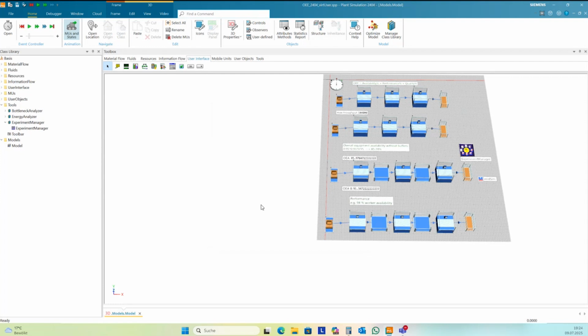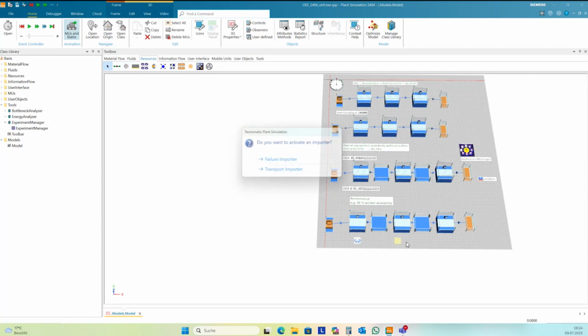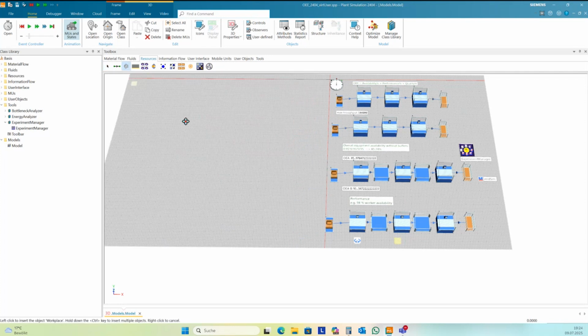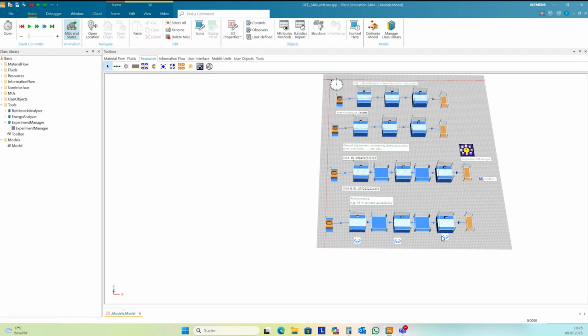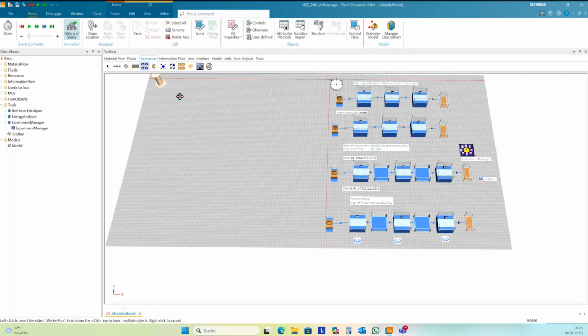And then I need workplaces for the worker here. I activate the processing importer. I need a worker pool.